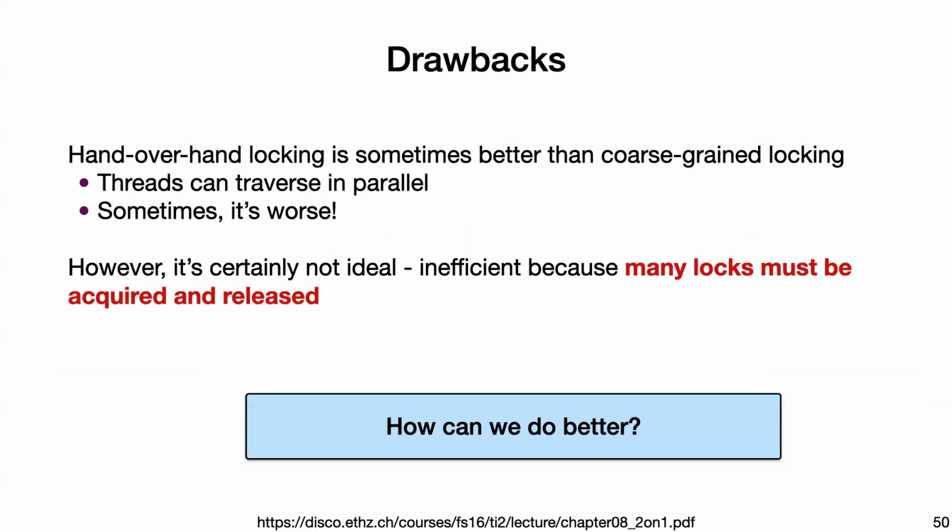Okay. So hand over hand locking is this fine-grained synchronization method, and sometimes it's better than coarse-grained locking because threads can traverse in parallel. But depending on your level of contention, sometimes it can be worse, because the reason for this is to avoid the contention, but if you don't have enough threads, then you just added locking overhead without any reason for it. And it's not ideal because many locks may be acquired and released. And like you said, everybody has to grab the head first, so you still have to synchronize on that. So we can do better